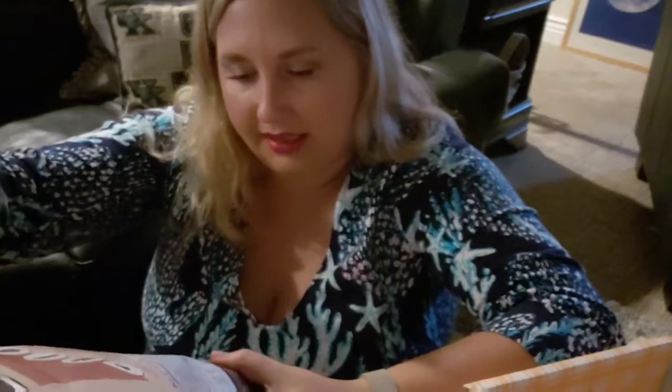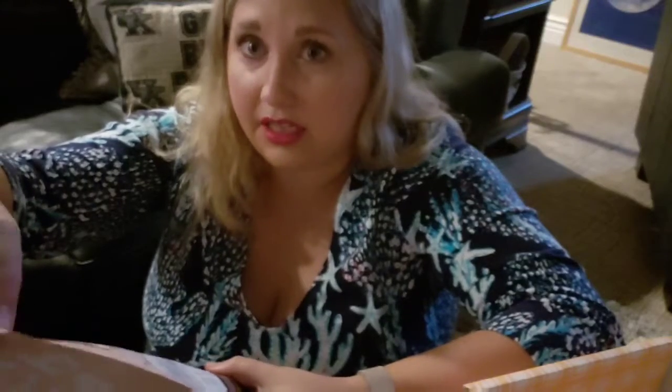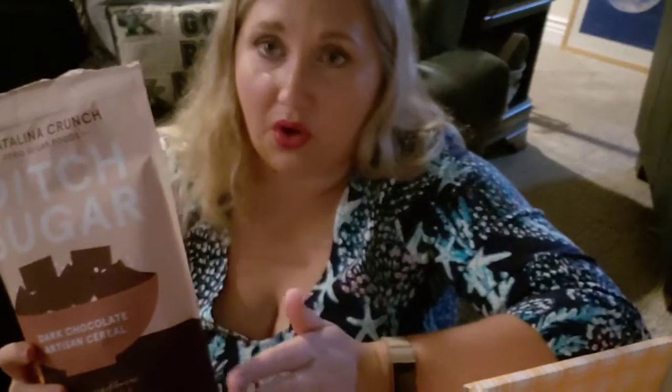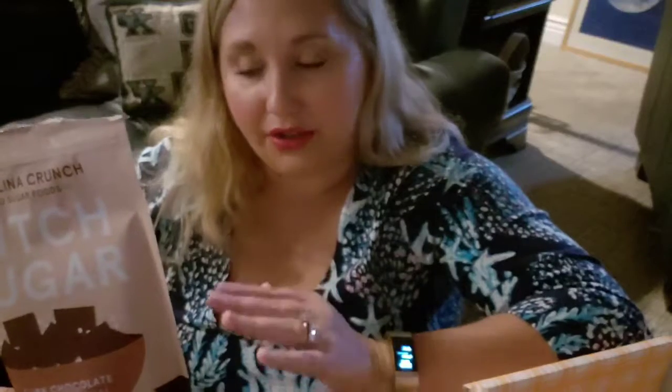The thing that I did not like about this after I started eating it, other than the taste, because I hate to tell you, Catalina Crunch, but I couldn't finish my bowl. I had this with my Milkadamia in it. I could not finish the bowl. I asked my husband to taste it. He said he did not want to taste it just based on how it looked and smelled, and I ended